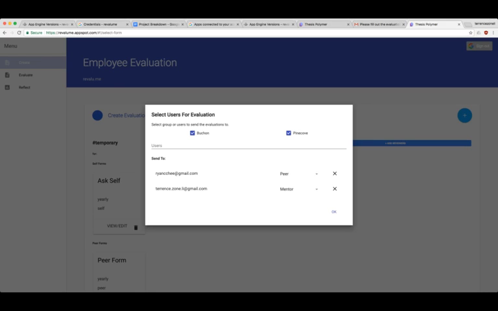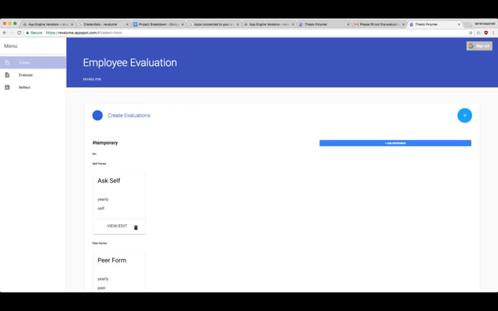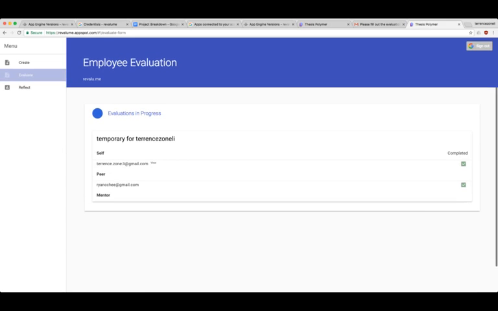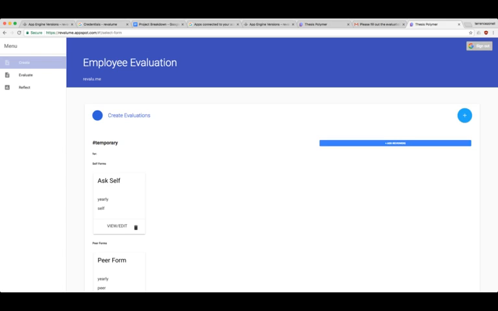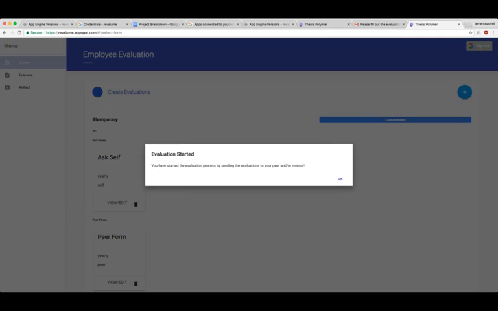Yeah, so let me see. So maybe it should be for a different group. That's a good question. So you're saying if you change this, so if I click send, or if I make you a mentor, right? And I click OK, then